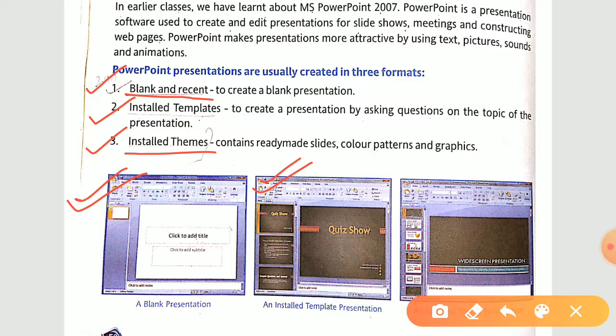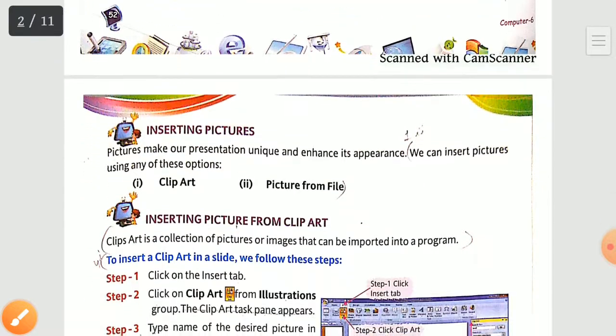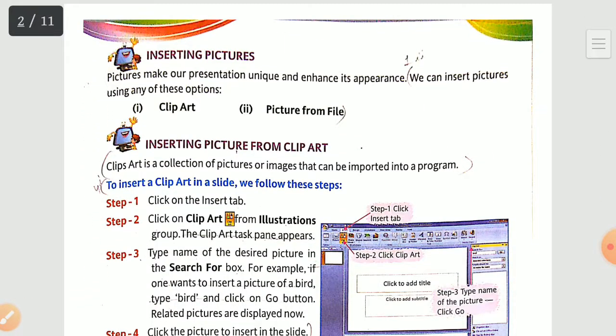Yes, आपको क्या करना है? सिर्फ उसके अंदर अपने अपने changes करने हैं. And you are ready with the format. Okay. So these are the three basic formats. You can go for any one of those. Okay, depends on you. Now, moving forward, if you turn on to page number 53, we are having second topic,